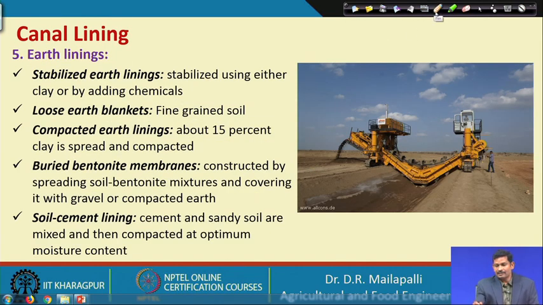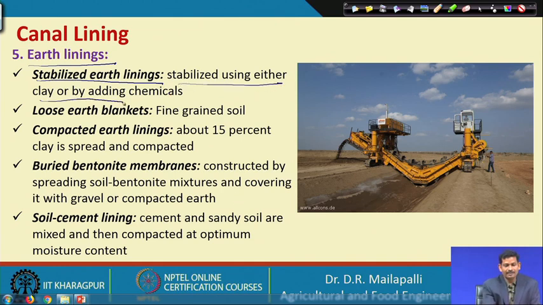So, the next lining material is earth lining. In this, we are not going to use any cement or anything. Whatever material is present in place, we are going to use the same material. So, one is a stabilized earth lining. Here the soil is stabilized